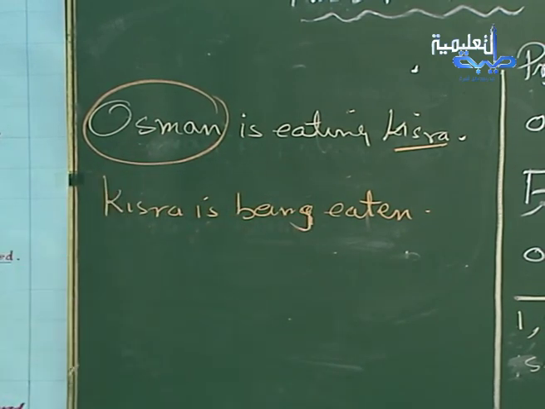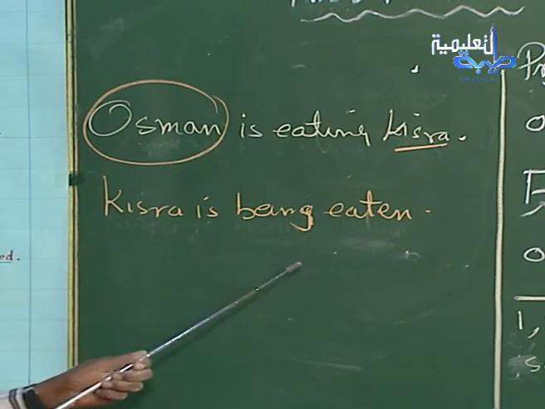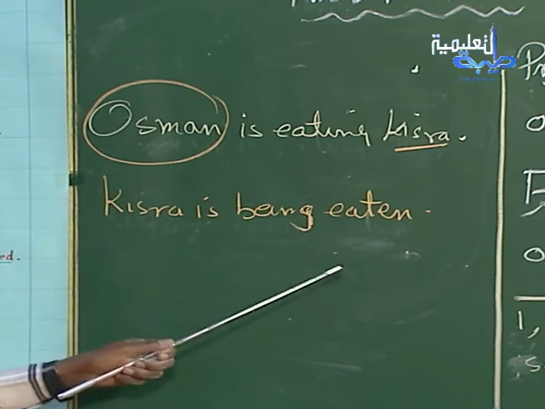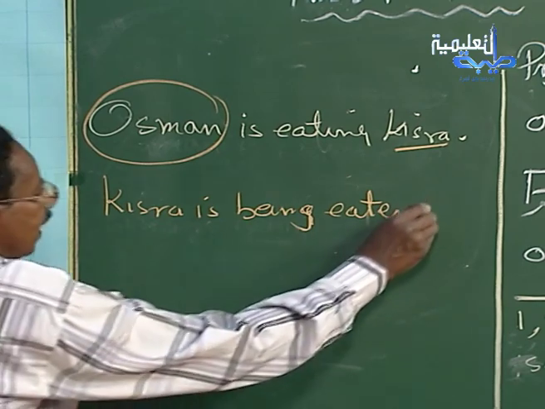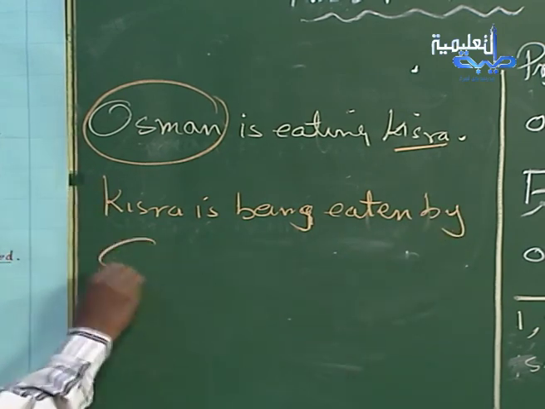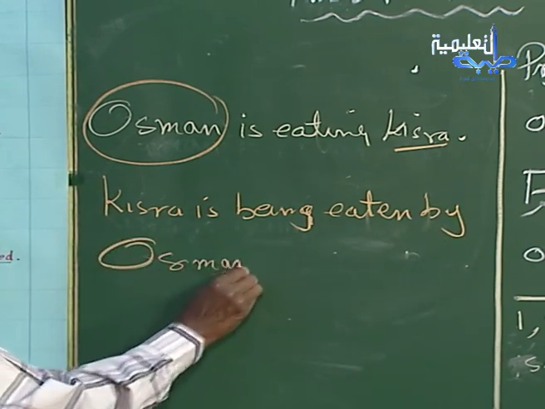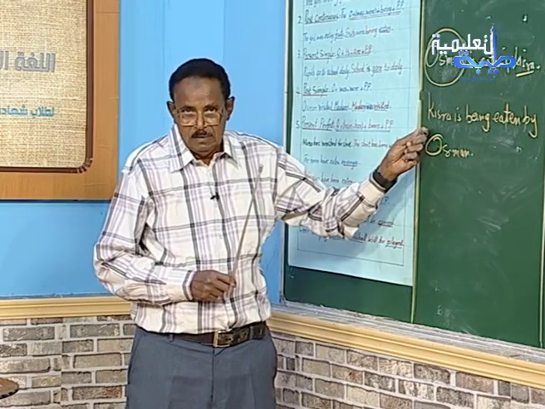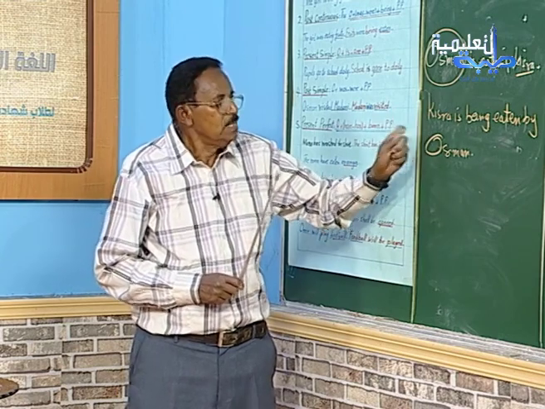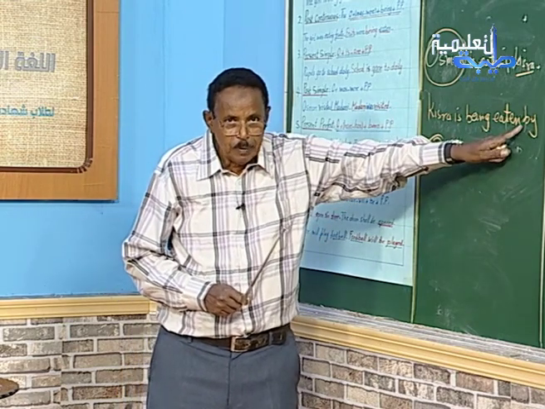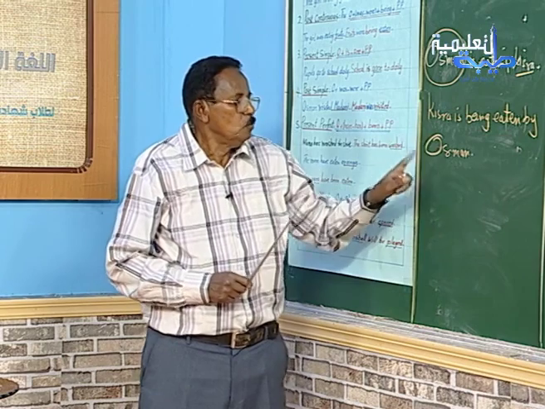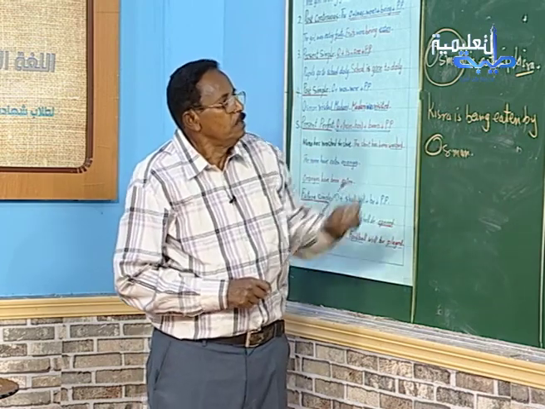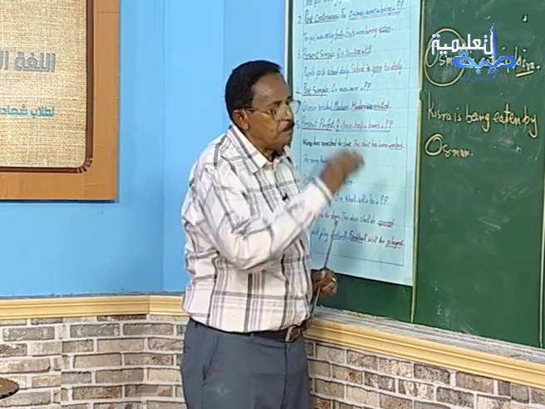If I want to mention who does the action or who did the action, I am going to say by Usman, by Ali. For example, in present perfect,